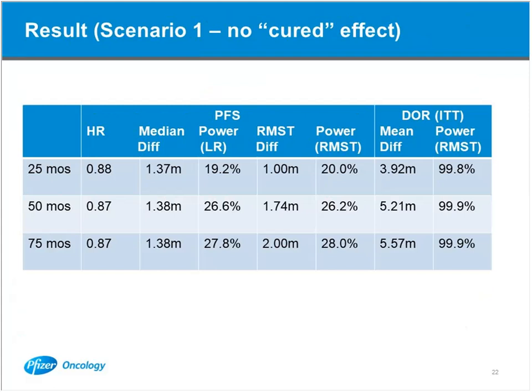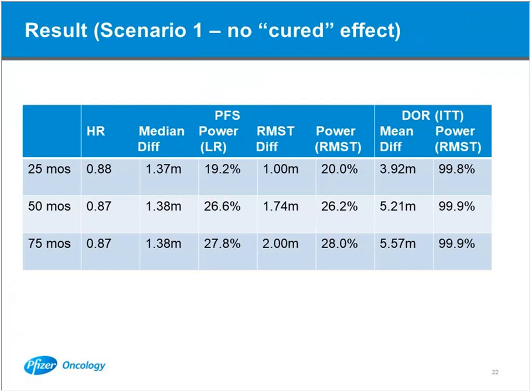So with longer follow-up, the effect size also increases for RMST. The power of RMST is similar to the power of log-rank test at each time point. Now, if you look at the proposed duration response endpoint in the ITT population, at 25 months, the mean difference